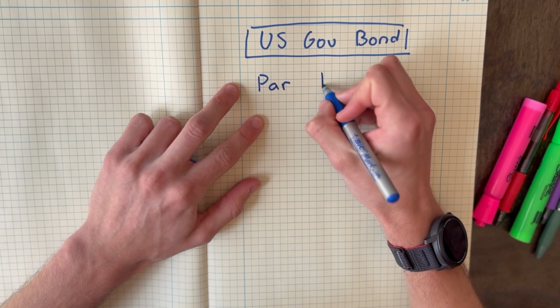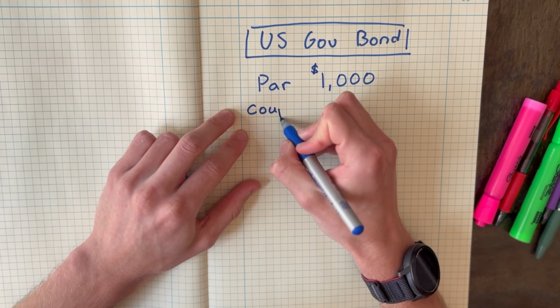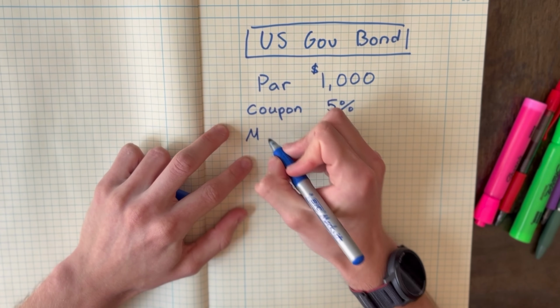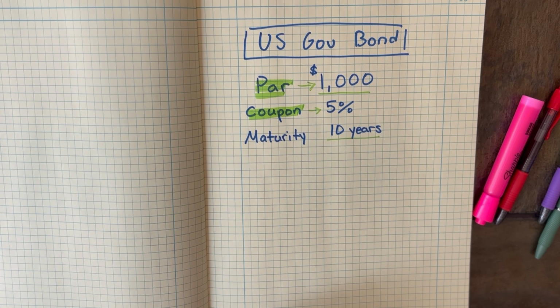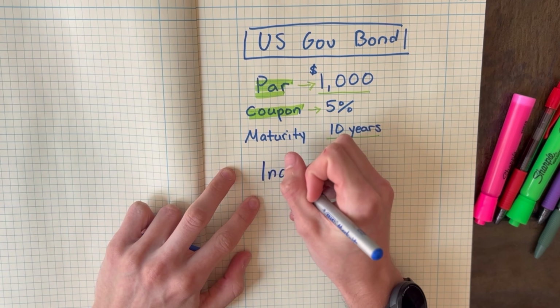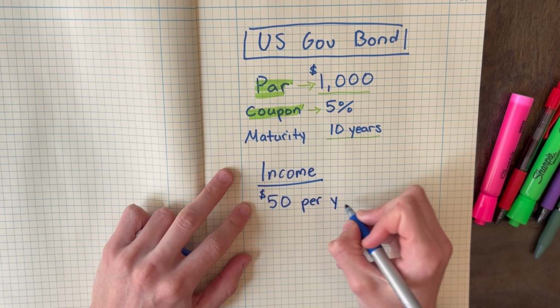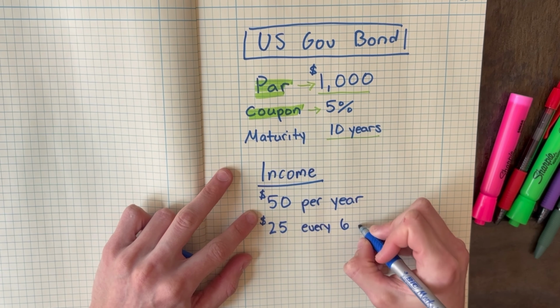So the US government is looking to issue bonds on the primary market in auction. They issue the bonds with a par value of $1,000, a coupon rate of 5%, and a maturity of 10 years. The par value is what you initially pay for the bond, and you receive the par value once the bond matures in 10 years. So you get back that $1,000. The coupon rate is the amount of interest you will receive, just like in that example with the loan. This stays fixed to your par value no matter what price you paid for the bond. Typically, you will receive interest on a semi-annual basis, depending on the bond, but for most US government bonds, it is semi-annually. So you would receive $50 annually, or $25 in 6 months, and then another $25 in 6 months.